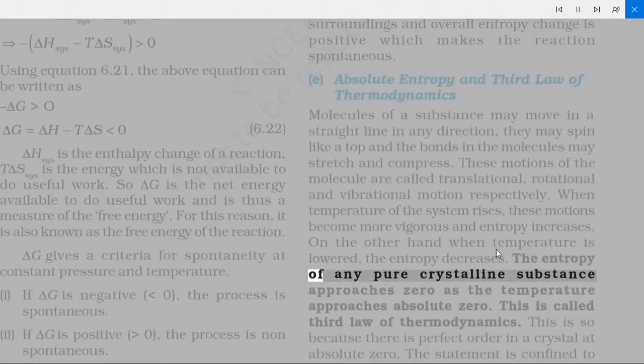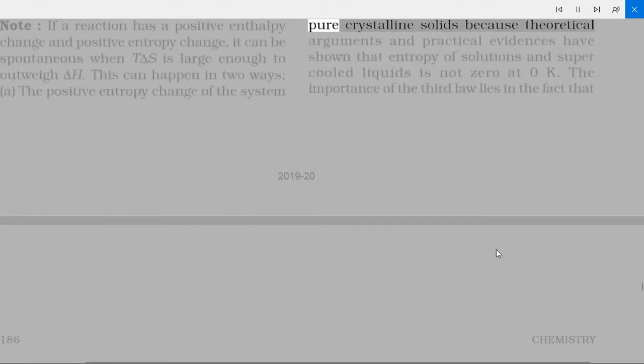The entropy of any pure crystalline substance approaches zero as the temperature approaches absolute zero. This is called third law of thermodynamics. This is so because there is perfect order in a crystal at absolute zero. The statement is confined to pure crystalline solids because theoretical arguments and practical evidences have shown that entropy of solutions and supercooled liquids is not zero at 0 K. The importance of the third law lies in the fact that